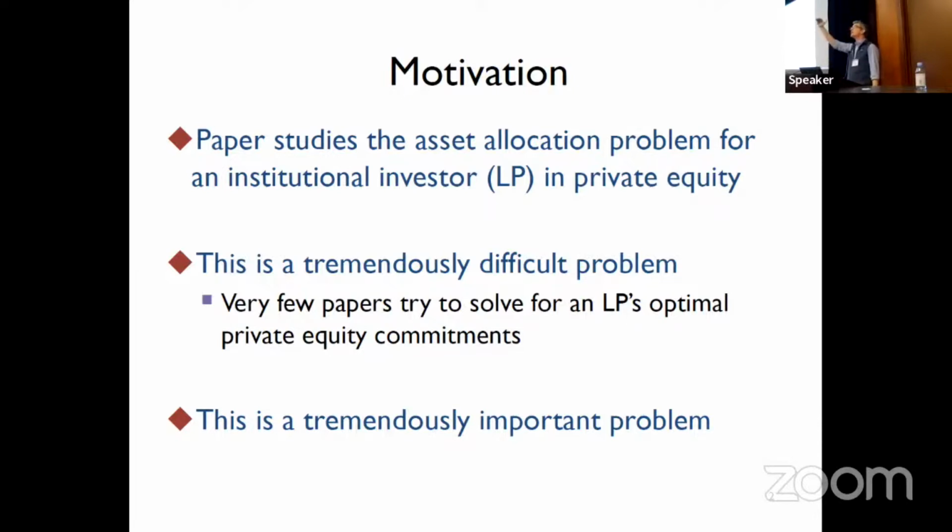If you look at the Norwegian oil fund, this is the largest pool of institutional capital in the world. They have looked at private equity and they have decided that their optimal allocation right now is 0. If you look at CalPERS, it's the largest pension fund, as you know. They have around $600 billion. They have looked at private equity and they have decided that their optimal allocation is between 9 to 11%.